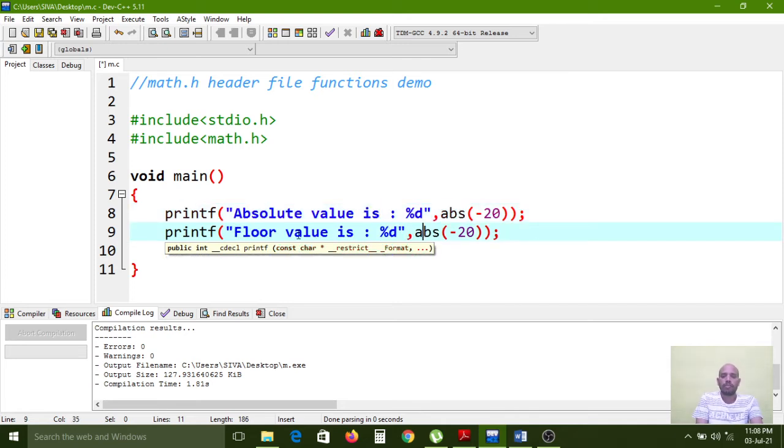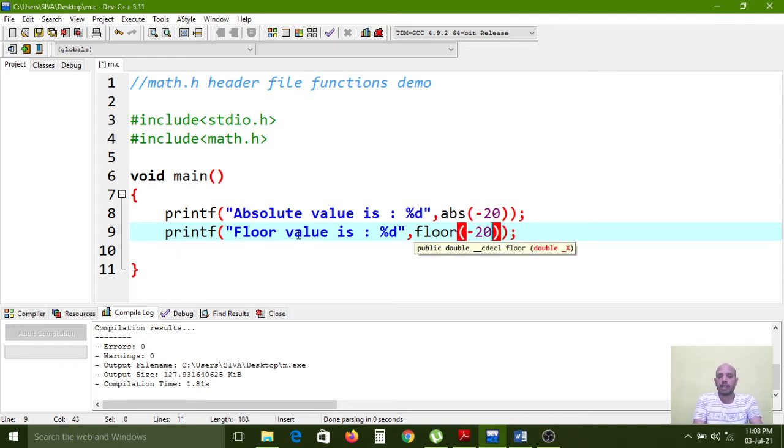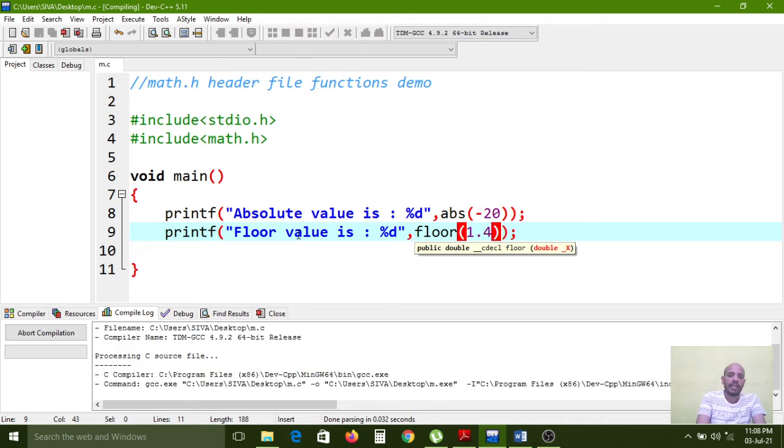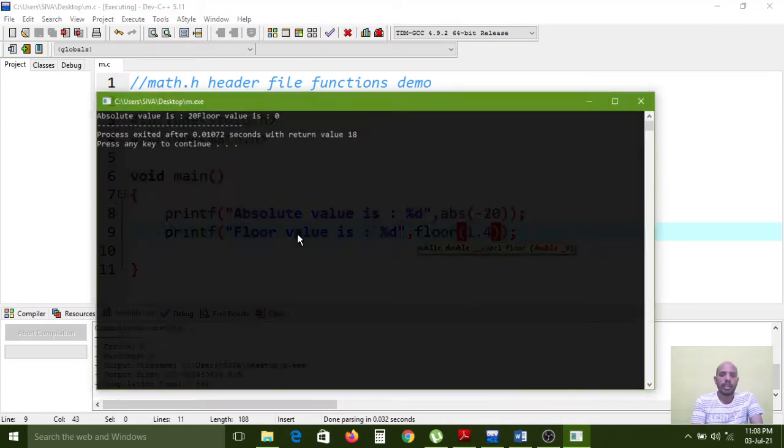For floor value, the floor function you have to use. So inside the floor function now I am passing 1.4. Just understand what output we will get. Now I am compiling again. Now I am executing again.